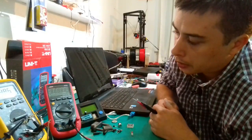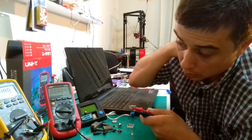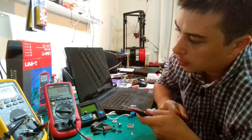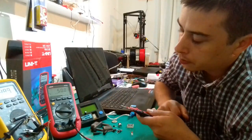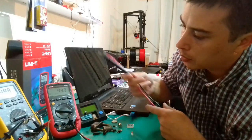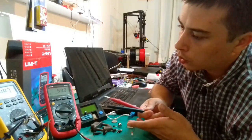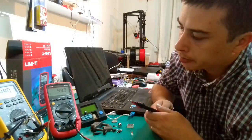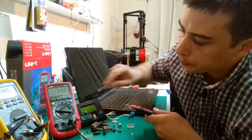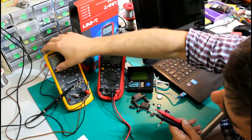On the other hand, if you want to read the frequency of the signal using this function right here, you only need to press the yellow button once and it will display the frequency. By the way, this is picked up by the test leads. Probably it reads out a few millivolts because I have these wires here connected to the grid, so it is behaving as a capacitor right now and picking up this frequency through the air. And if I press it once more, it will display the duty cycle of the